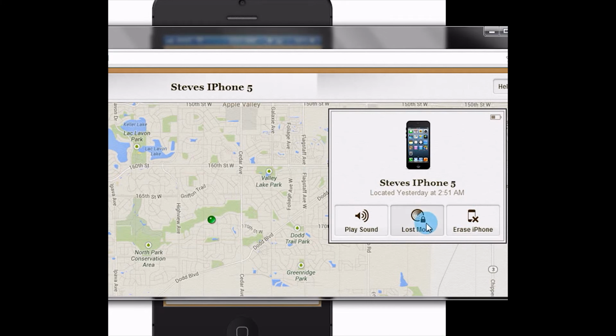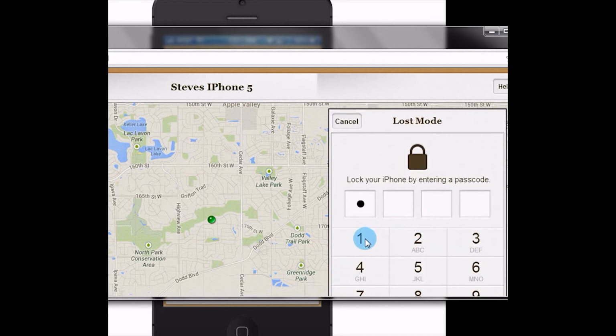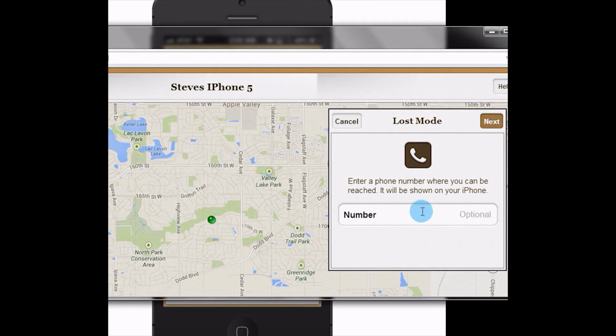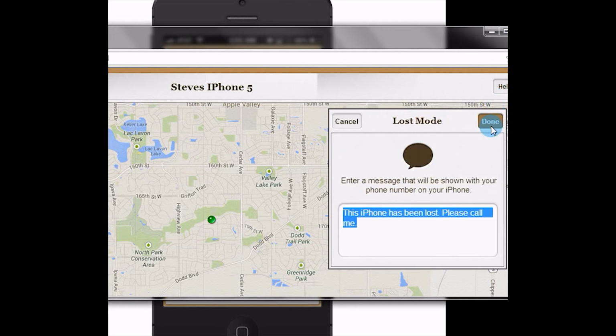Also, if we go into lost mode, we'll just enter in a passcode here, 1, 2, 3, 4, and then we just have to verify it, 1, 2, 3, 4. And we can also leave a phone number, which will display on the lock screen, so that whoever picks it up has a number that they could call to find you. So we'll use the old tried and true Hollywood 555-555-5555. Click next. And we can also type in a message if need be on there. We'll just leave the default one on there. And once I click done,